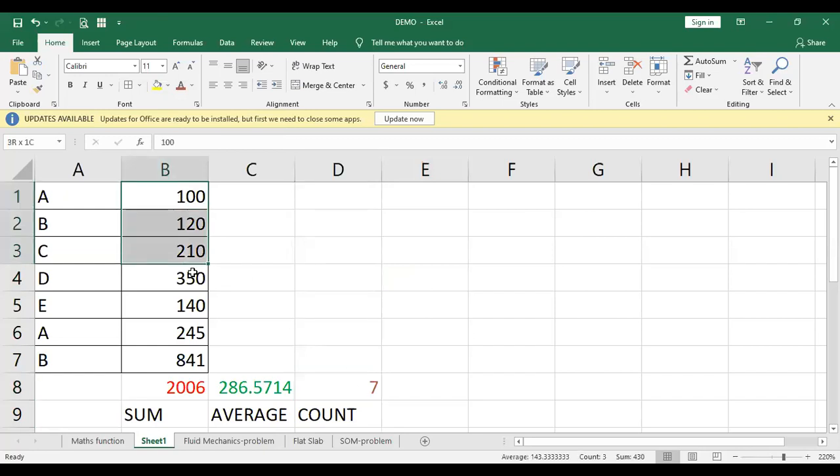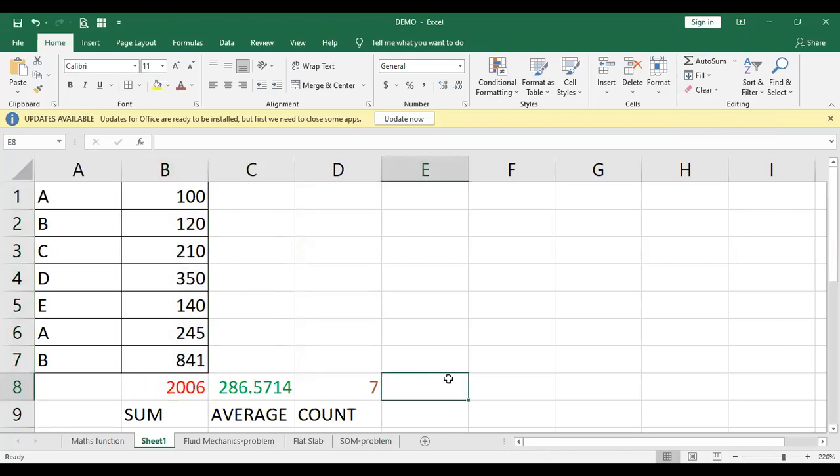Now, even if you just select this part, as I said earlier, you just go to this part. Here, this is average, count, and sum. So if you select these values, you'll be able to know the average, count, and sum. Same way, you can even go to this same option. You can click on here. This is the maximum. What is the maximum value out of this? So you can simply click max.